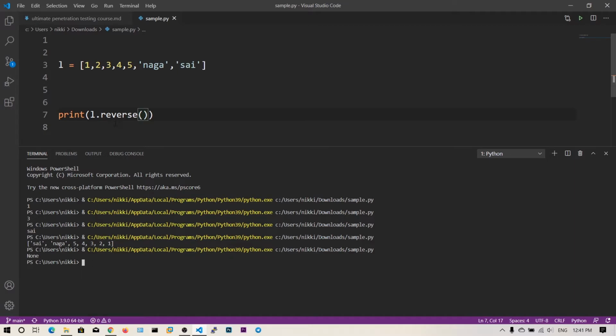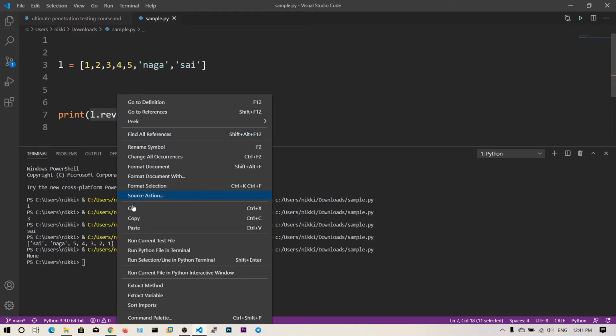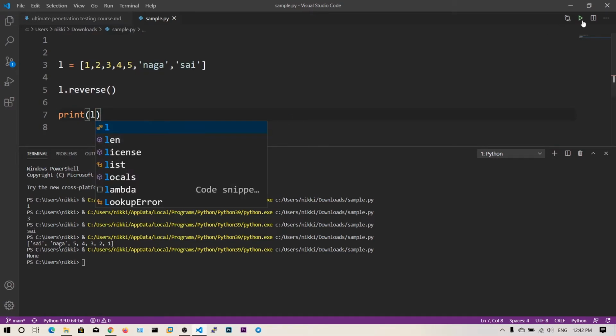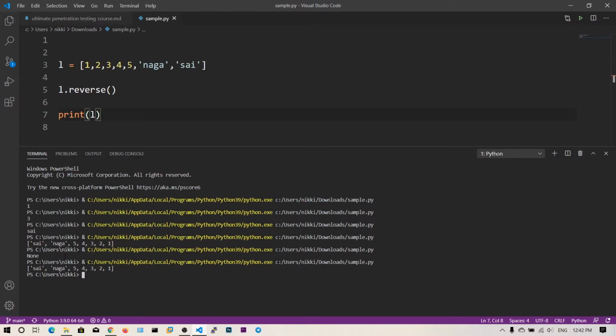So we have got None. What this is actually doing is, it's a method which will modify the same list. So you need to call this as a separate function, and then you need to print L. So as you can see, now the list has been reversed.